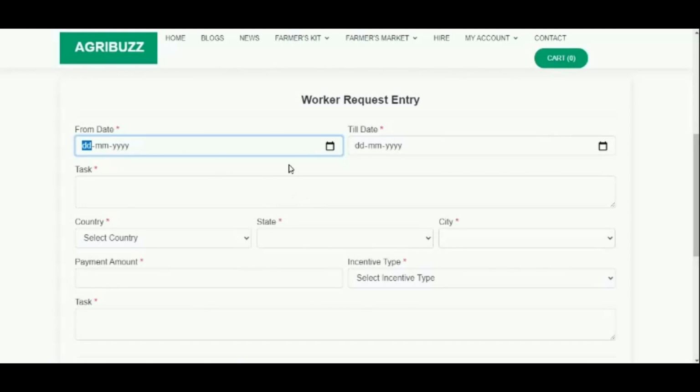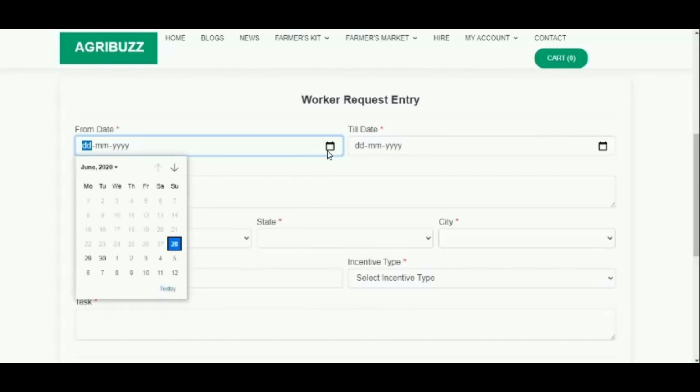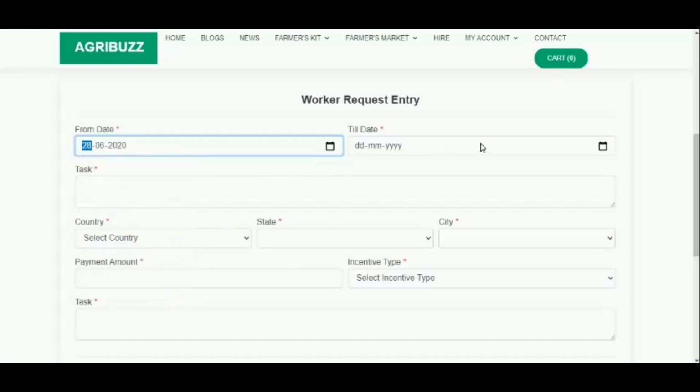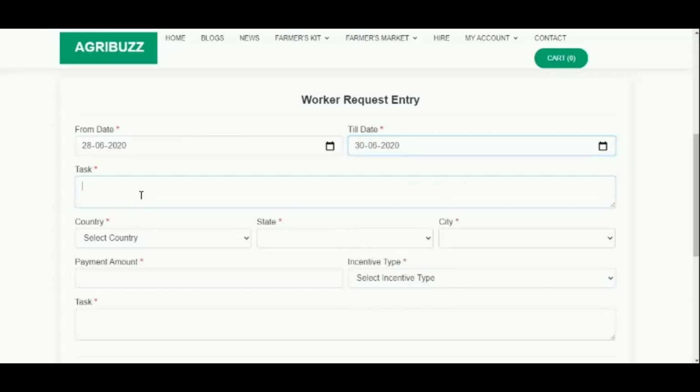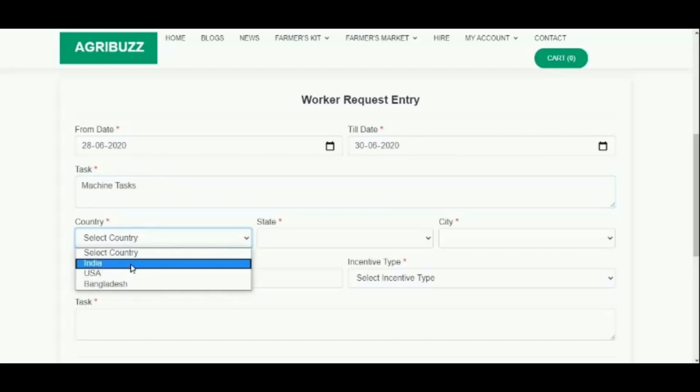That is by mentioning the date of work, from and till, task, that is what work the farmer expects from the worker, and the place of work by entering country, state and city, the payment amount and type of incentive, that is whether a salary or a wage.